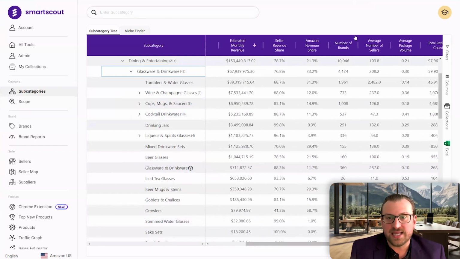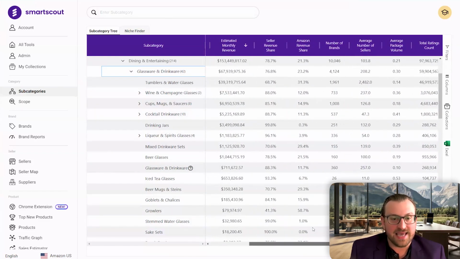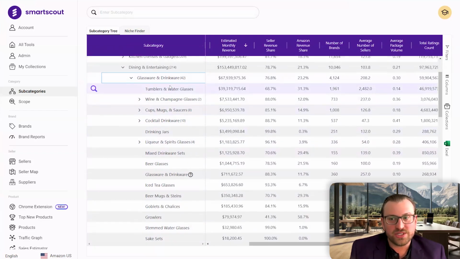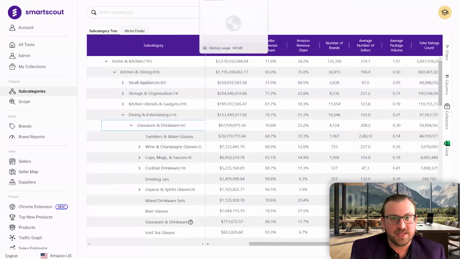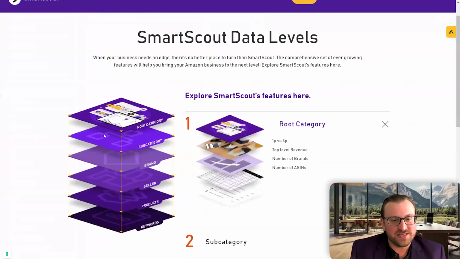And you can look at this data. You can see how many brands there are. You can see how many sellers there are, and see how competitive that landscape is. So we'll come back to this tool, but I want to start with it because, as I keep jumping back and forth into this visualization here, Smart Scout, the way it's designed, it does give you that top level approach,